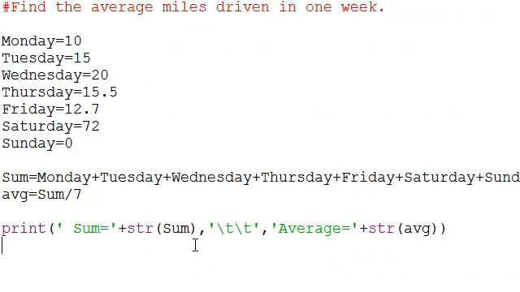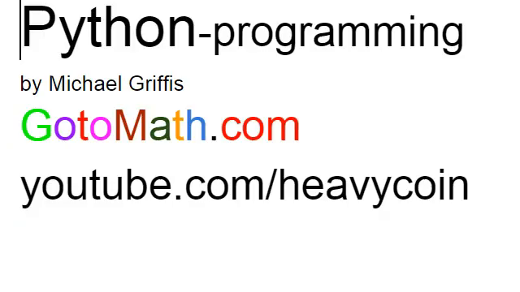Okay, so I wanted to go back over this again like the first problem. You notice that we got more variables and we named them, instead of saying x1, x2, x3, x4, and so forth. This is not really practical, but remember, we're learning this stuff. I'm going to assume you're learning this stuff for the first time. In the next video, we're going to be using the input statement, and we're going to be inputting these numbers instead of just declaring them here in the program. Alright, so I'll see you back, or